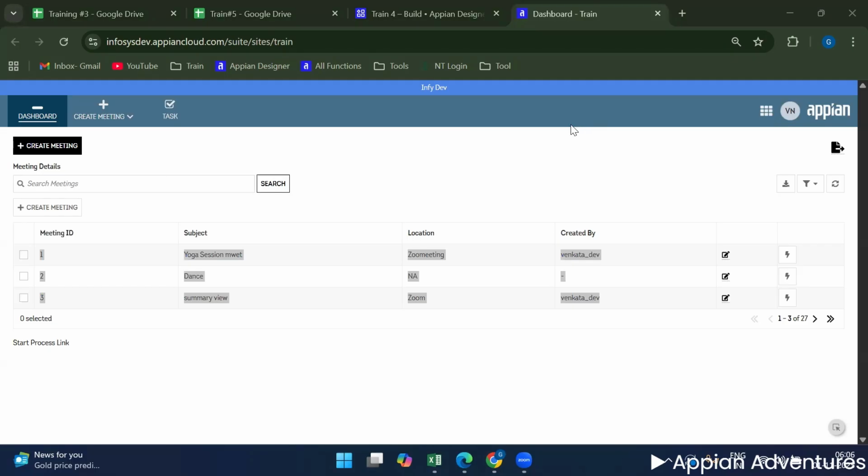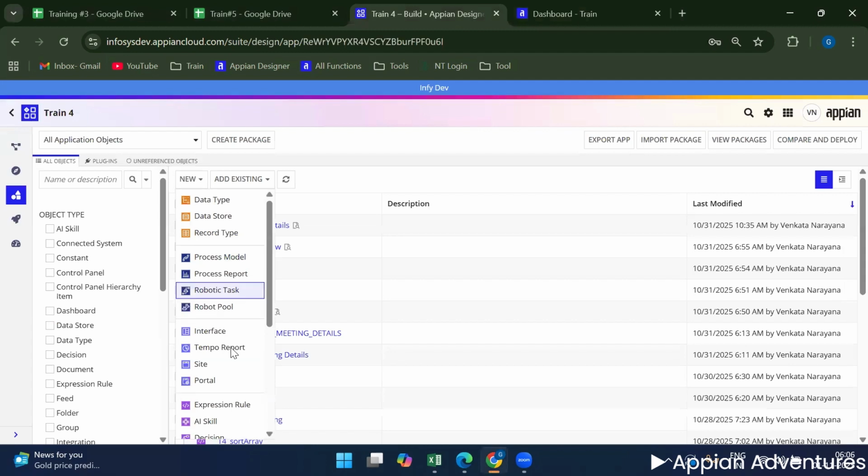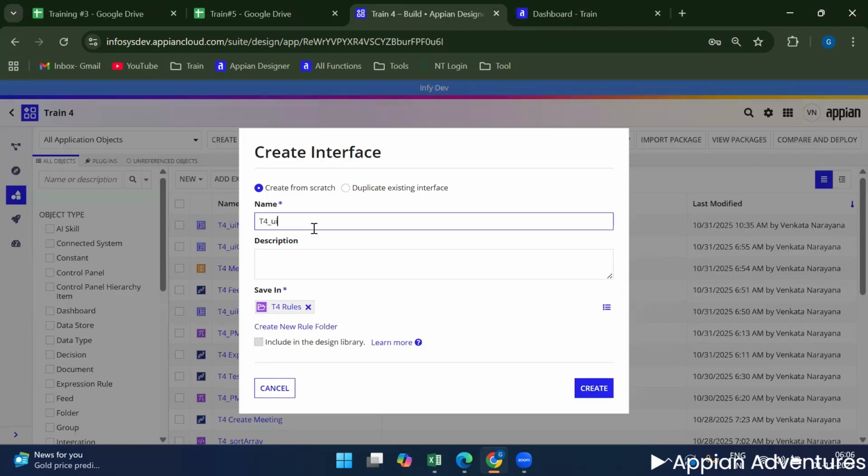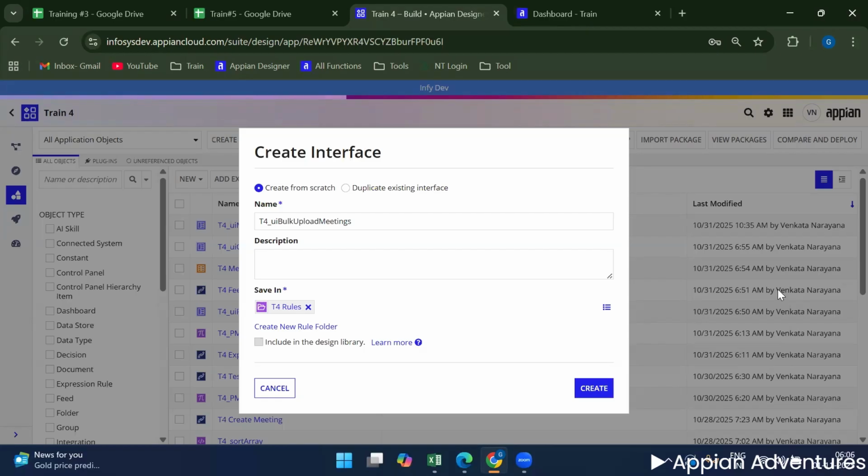So how do you implement this? To implement this, you have to create a bulk upload process, guys. For creating the bulk upload process, firstly we will design one interface for the bulk upload meetings. I will quickly create this. So in this bulk upload meeting, what you can do,